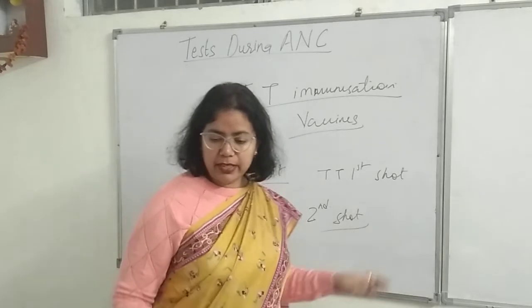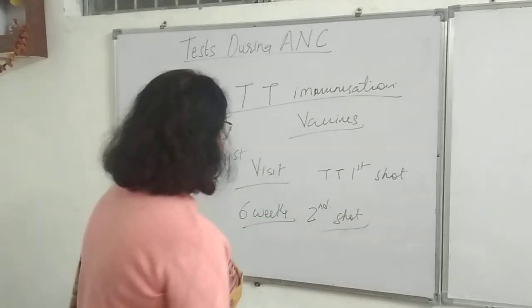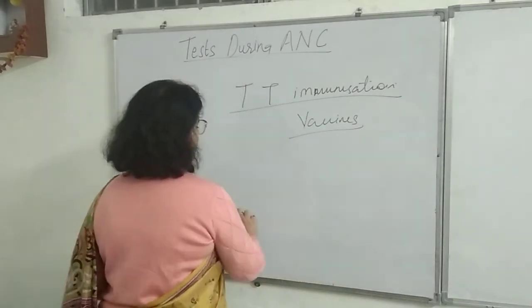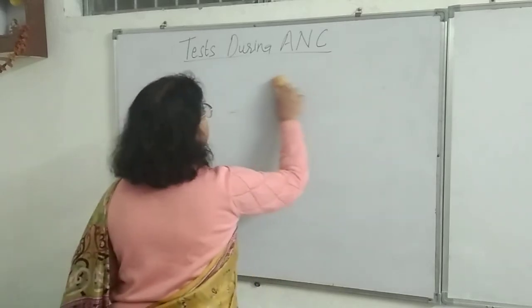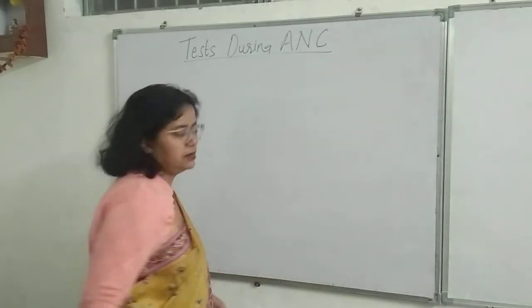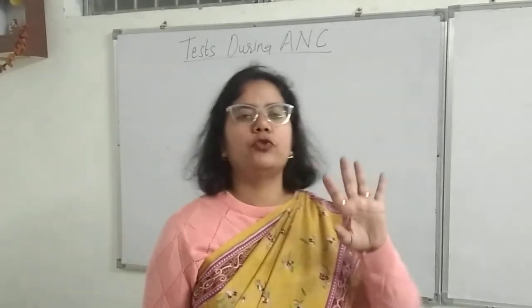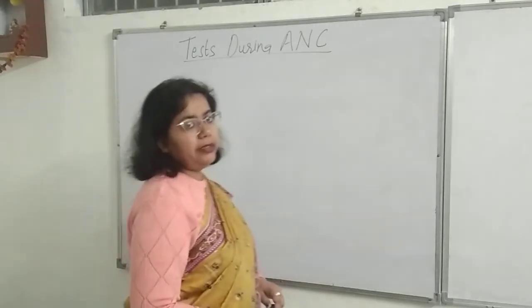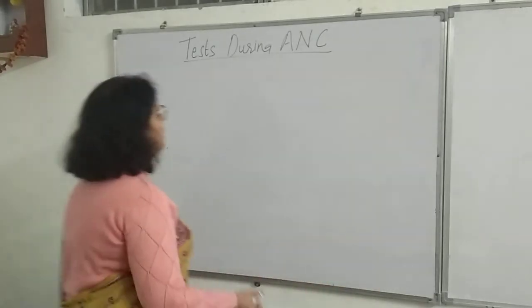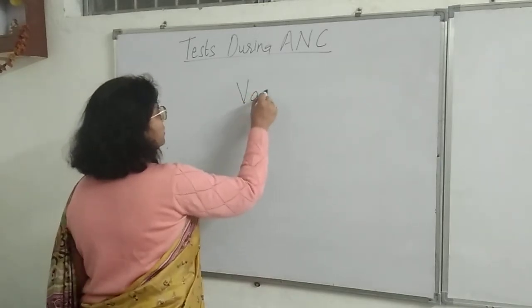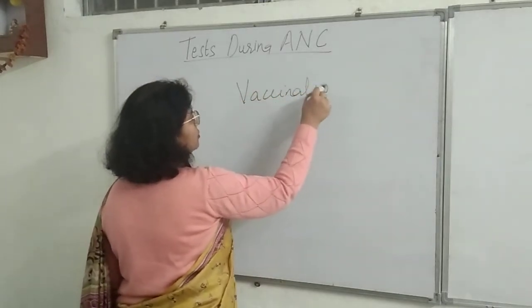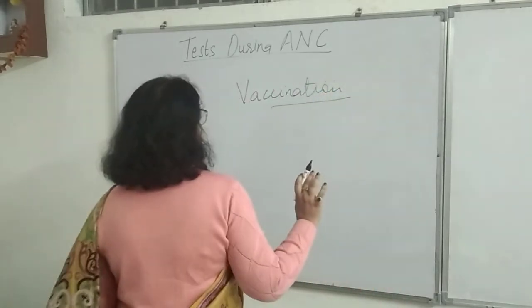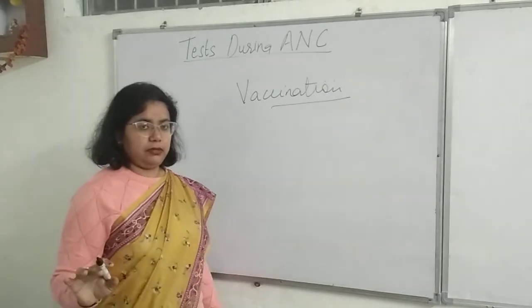In this way, we can immunize maximum women during pregnancy against tetanus. Tetanus is a deadly disease. They are very limited. You may count them on fingers, those who have survived after getting tetanus. And more important, what kind of vaccination can be given to pregnant women? Vaccination during pregnancy. It's a simple rule. Always remember. Always.